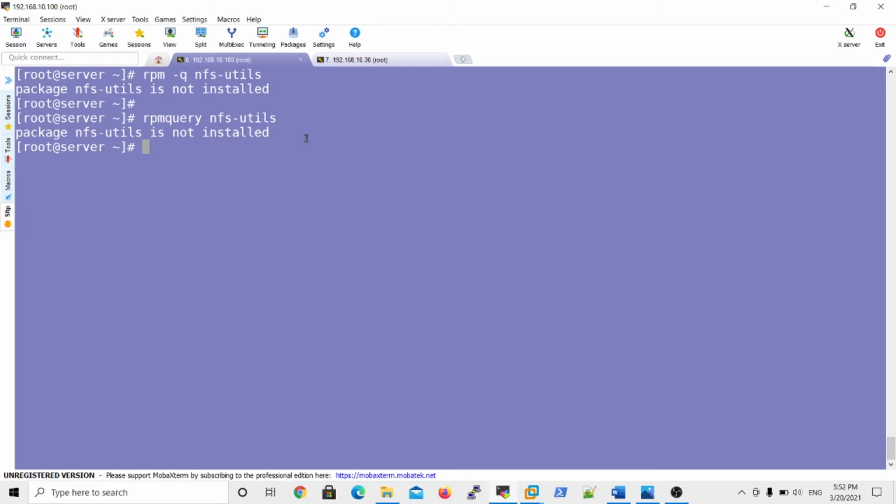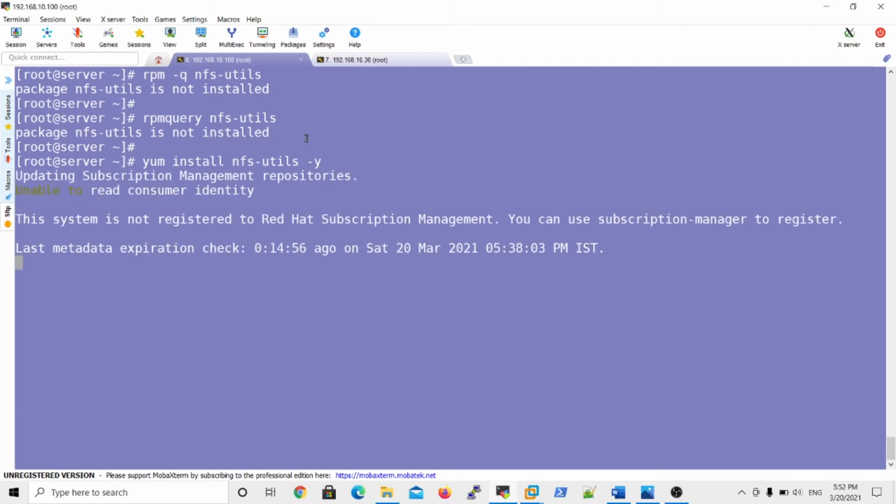Then how to install the package? yum install is the command, and the software name is nfs-utils. So please install the nfs-utils package first. But actually there is no need to install rpcbind, because in the latest editions nfs-utils includes rpcbind. So just install the single package nfs-utils, enter. Now the package is being installed.